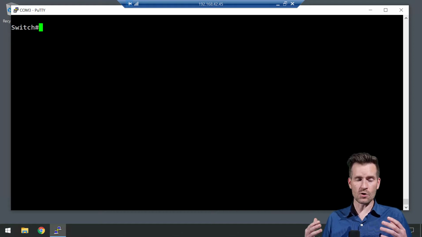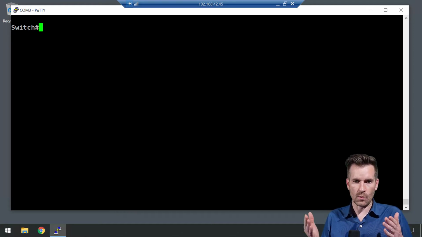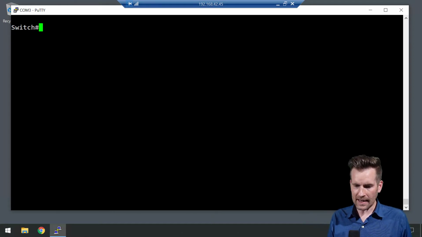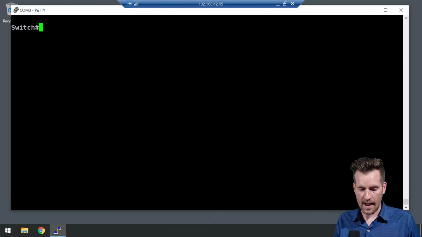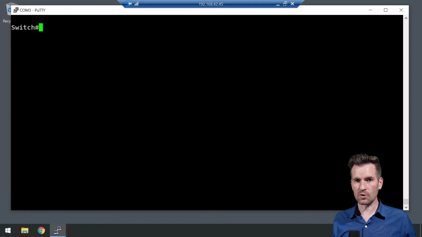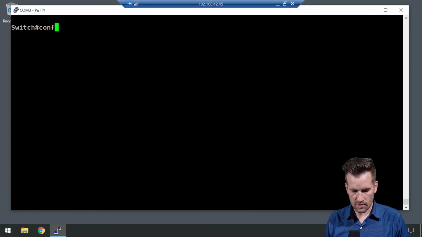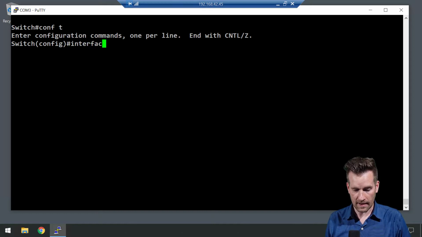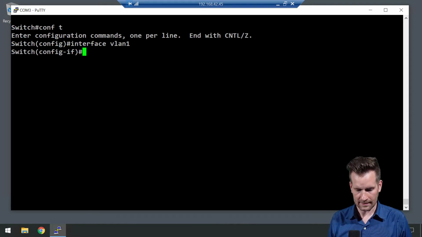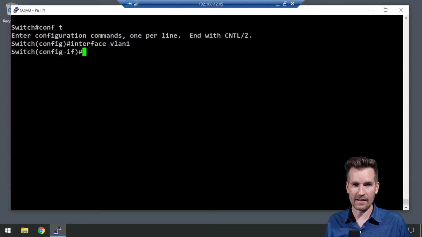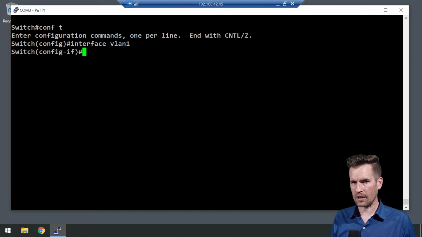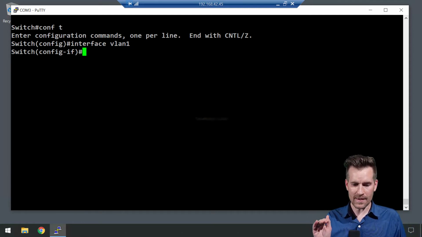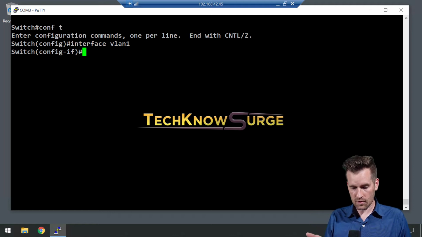And so what we need to do is set up our devices so we can remote manage it. So let's set up a management interface so that we can configure this device. Now, what I'm going to do is get into VLAN 1, and I do that by going into the global configuration mode and then typing in interface VLAN 1, and then I'm inside of VLAN 1. The reason why I'm going to do this is I'm going to assign an IP address to this switch right here